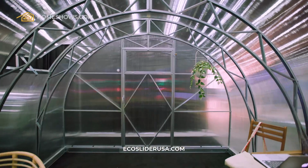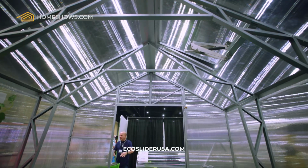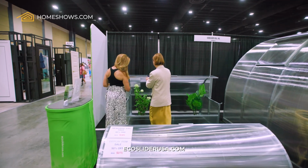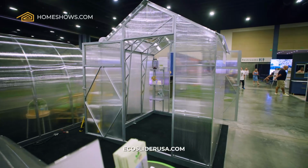We have a large variety of sizes and shapes: the arch shape, gable roof shape, small cold frames, and large commercial greenhouses. Our greenhouses can be customized to any size of your backyard, any space you have, any color, any